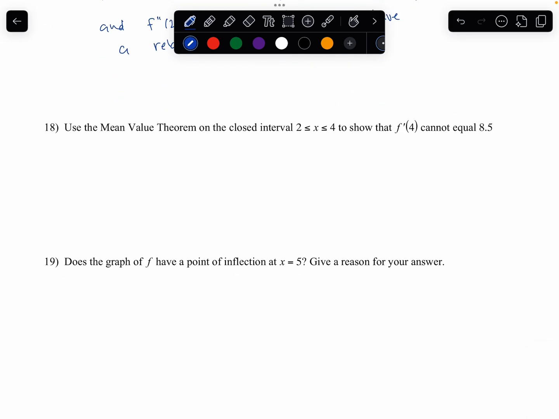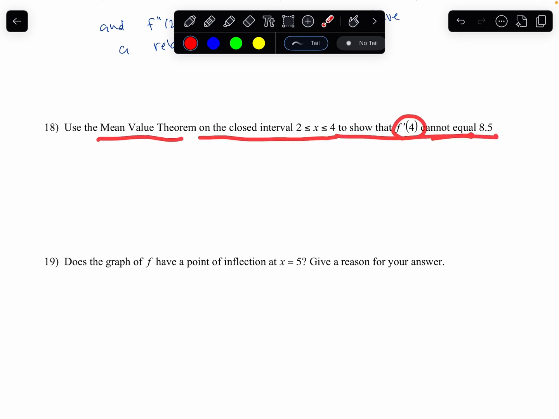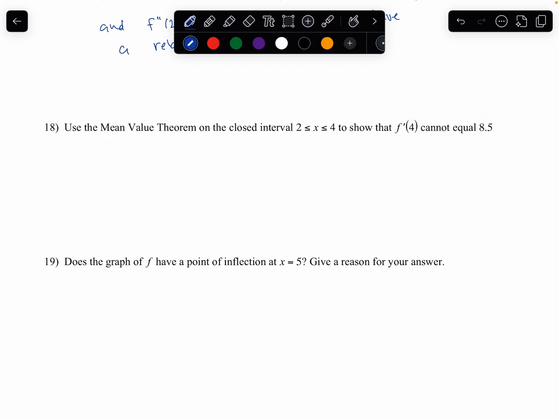All right. For 18, use the mean value theorem on the closed interval from 2 to 4 to show that f prime of 4 cannot equal 8.5. So,